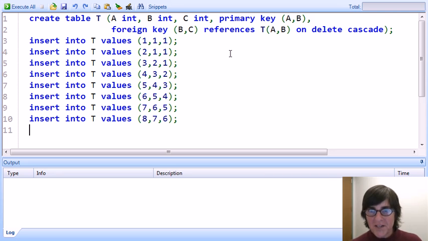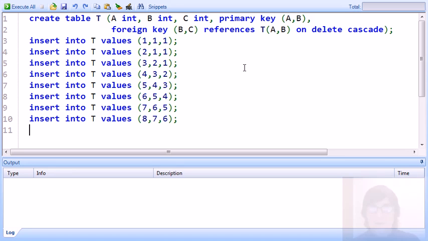This example is a doozy. It's going to show a whole bunch of features that we haven't seen in previous examples. We're going to use a simple table T with just 3 attributes, A, B, and C, and we're going to say that A and B together are a primary key for the table. In the example, we're going to demonstrate referential integrity within a single table, so intra-table referential integrity. We're going to demonstrate referential integrity involving multiple attribute foreign keys and primary keys. And we're going to demonstrate a real cascading, where we're going to have a cascaded delete that's going to propagate